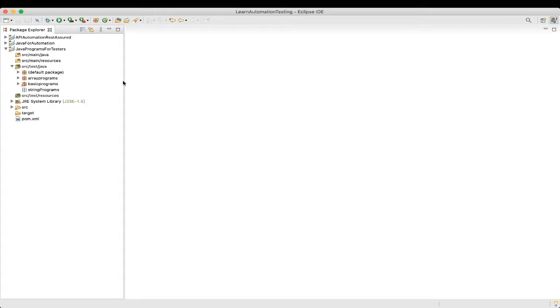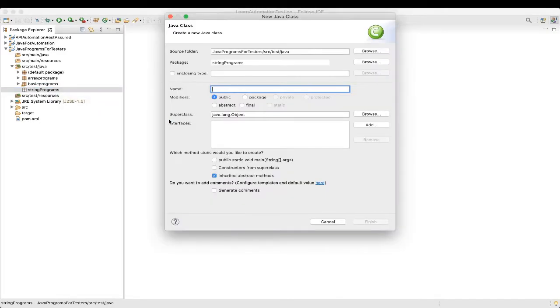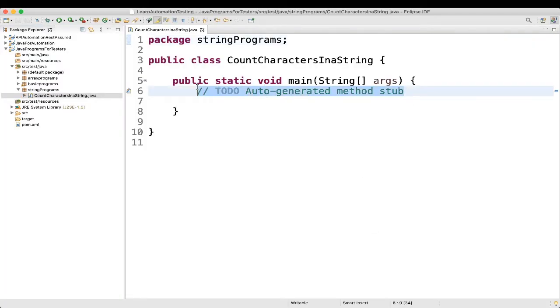Let's go to our Eclipse. Let me create a new class and I will name it count characters in a string. First we'll take a string, for example string s equal to "learn Java".